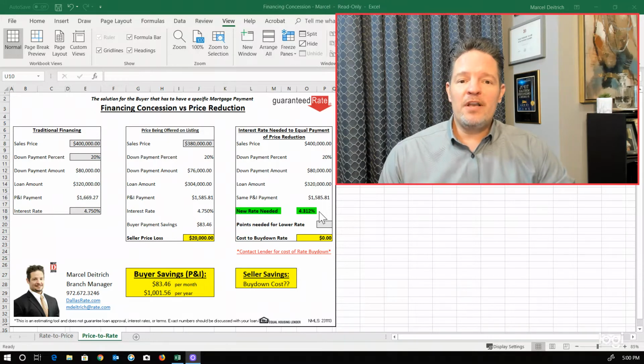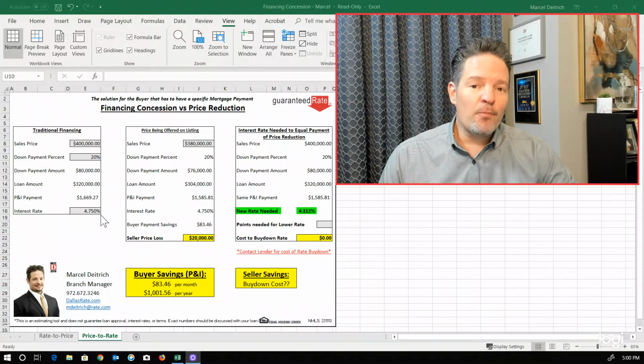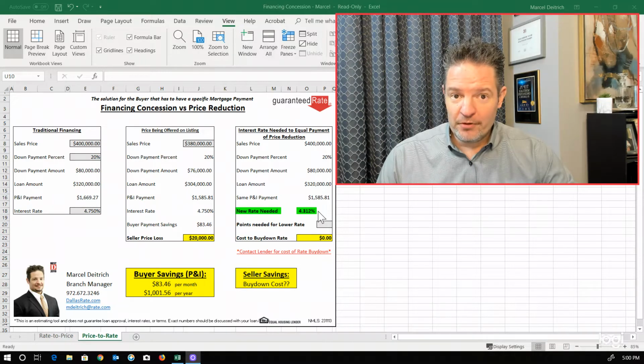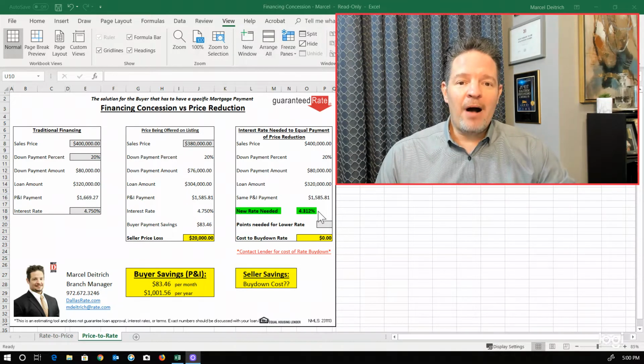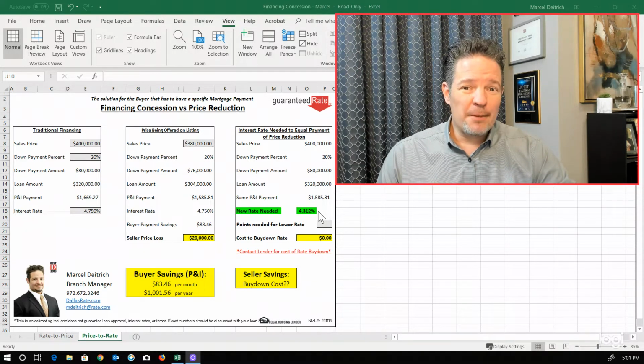At that point, you have the pre-approval letter, which is going to state the interest rate. Right now, it states 4.75%. However, you need 4.312%. So either the buyer's agent or the listing agent can contact the mortgage company and ask, how much is it going to cost to pay down in points to buy that rate down to